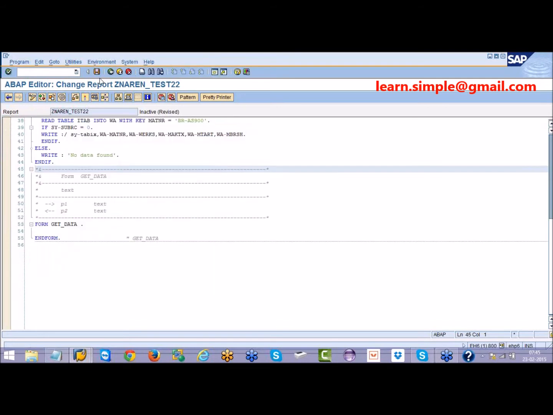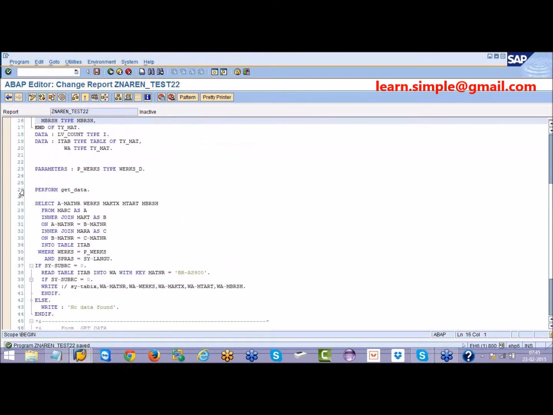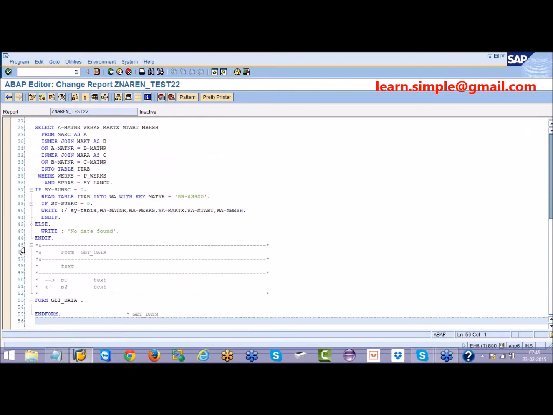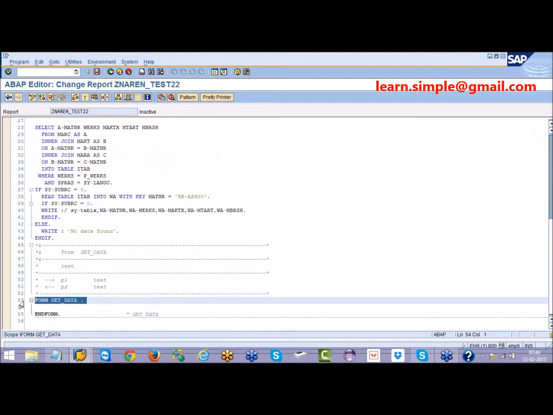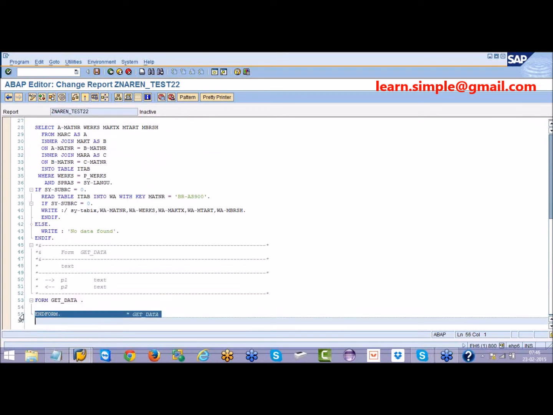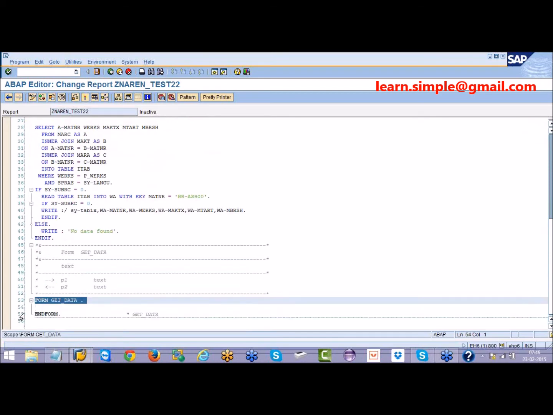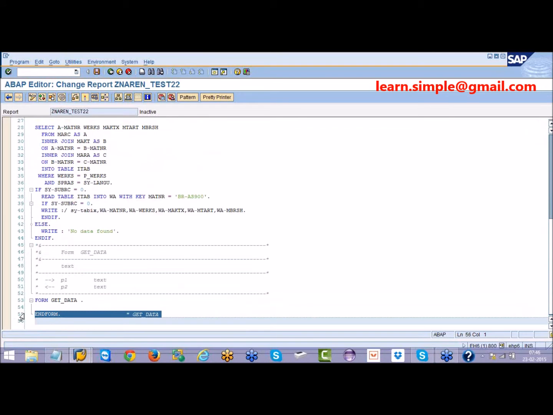See what is happening. I have written the keyword PERFORM and then get_data. When I double click, a block is created for me. This block starts with FORM and ends with ENDFORM: FORM get_data, ENDFORM.